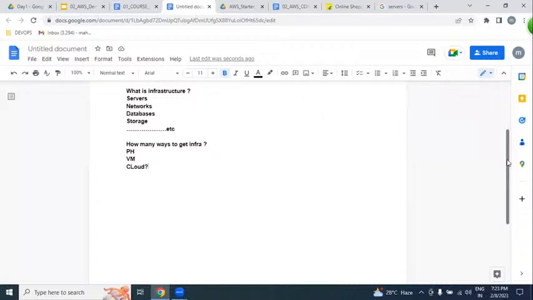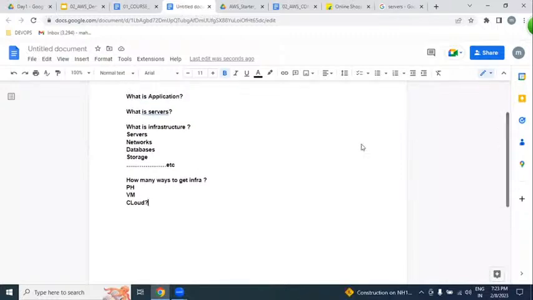I hope you understood very clearly. So I'll repeat one more time: for maintaining our applications, we require this infrastructure, and we can get it either physically, virtually, or by cloud environment.